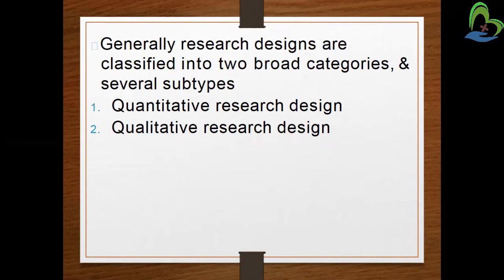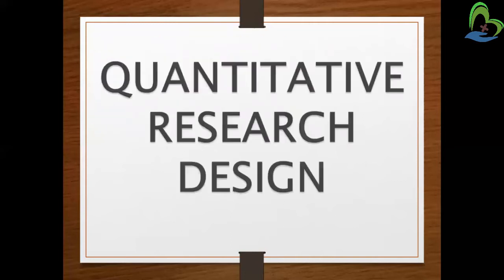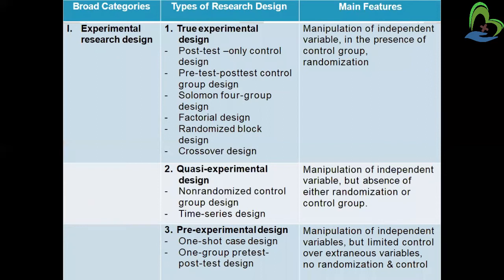As the name suggests, quantitative is giving some kind of numerical values; it will be hypothesized in numerical value. But in qualitative, we are studying in depth the nature, the attributes, the behavior, or the characteristic, which can be studied in depth. Let's study quantitative research design. Quantitative research design again has broad categories, in which the first is experimental research design.